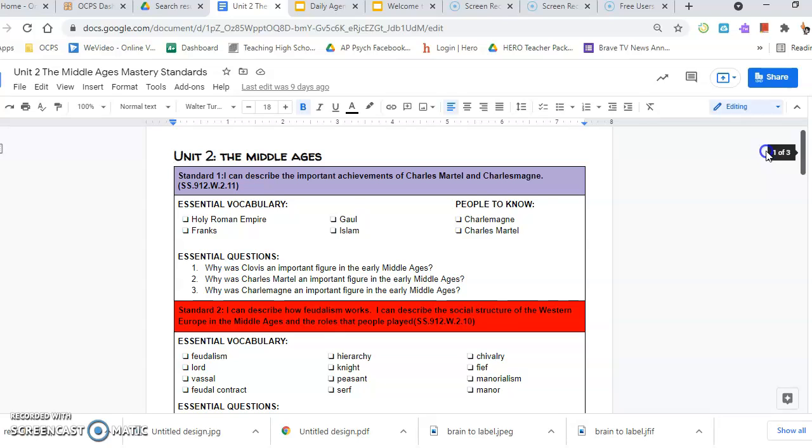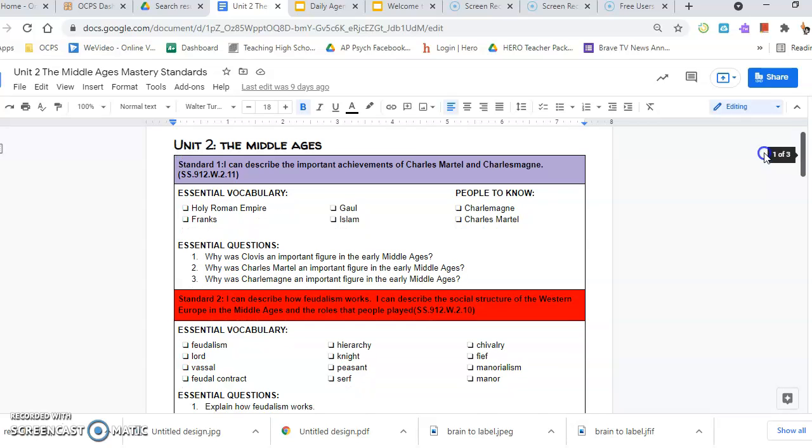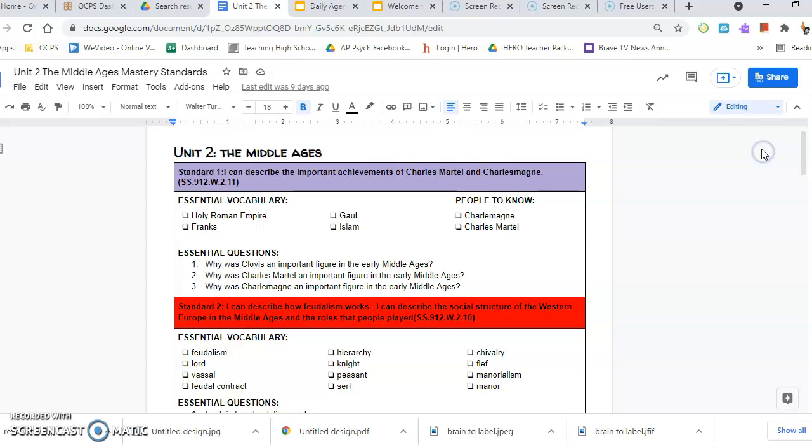If they don't do well on that particular standard, they get the opportunity to retake it. They can retake one standard or all the standards if they don't do well on the test and improve their grade. Whatever their highest grade is, the grade they get to keep. So there's really no loss for them on retaking. The only thing is that they have to do some retake requirements. And guess what? The retake requirements are basically answering these questions, defining these terms, and then making sure all their work related to that standard in the unit is completed.